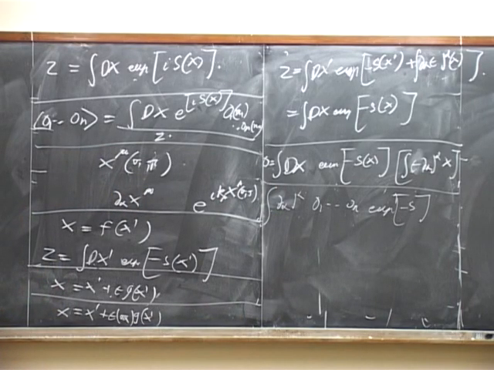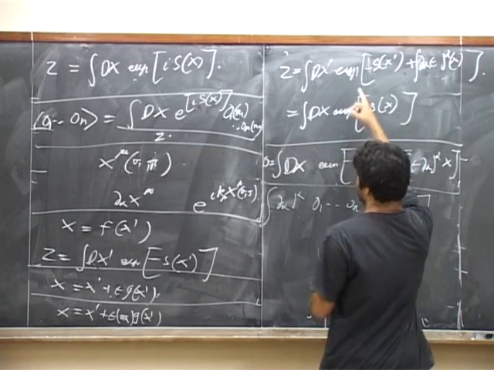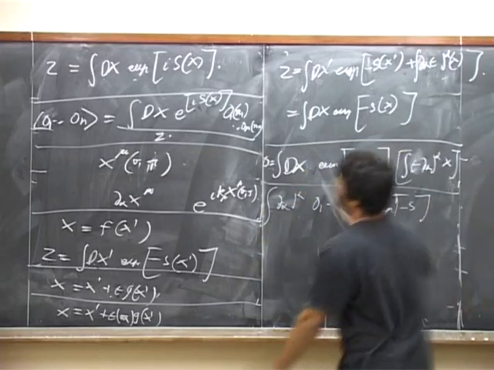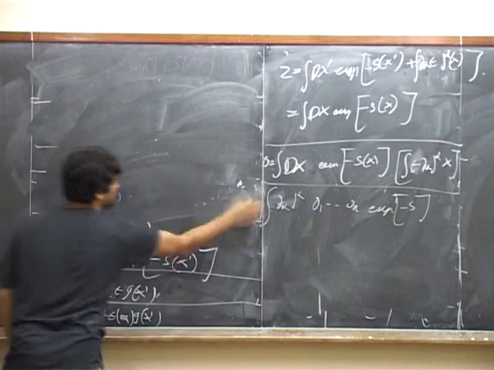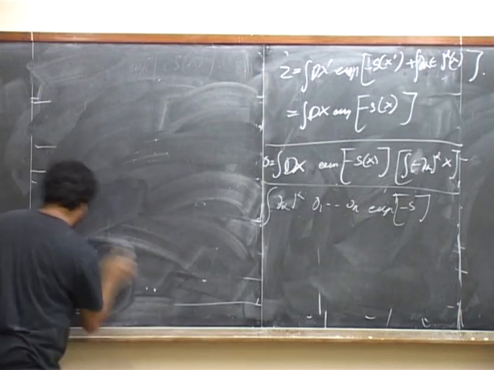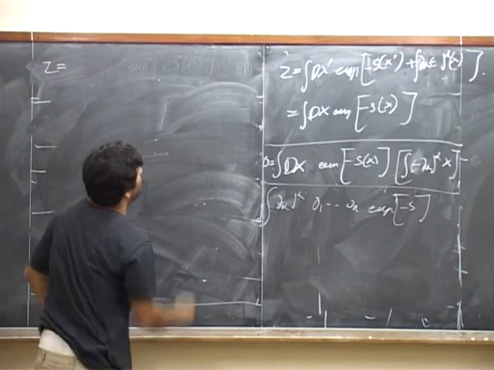Okay, now how do we answer this question? Well, let's try the same manipulation as we did above, but by inserting some operators into the problem. Okay, so suppose we start with Z, which is